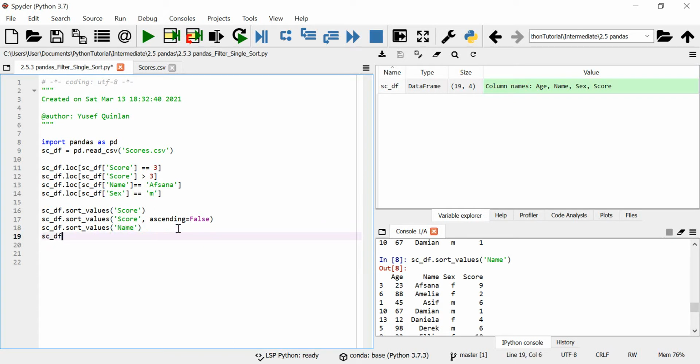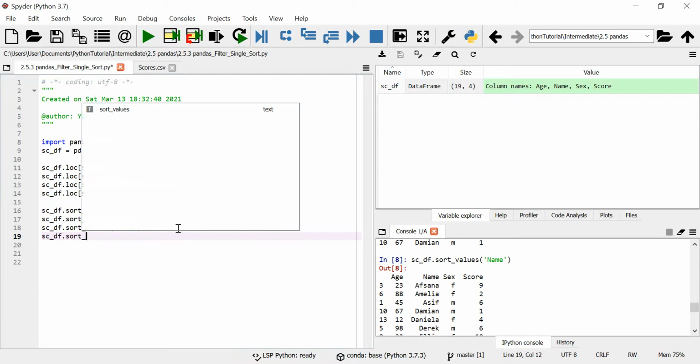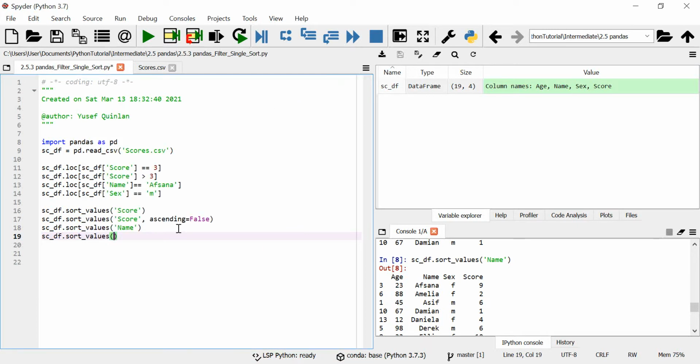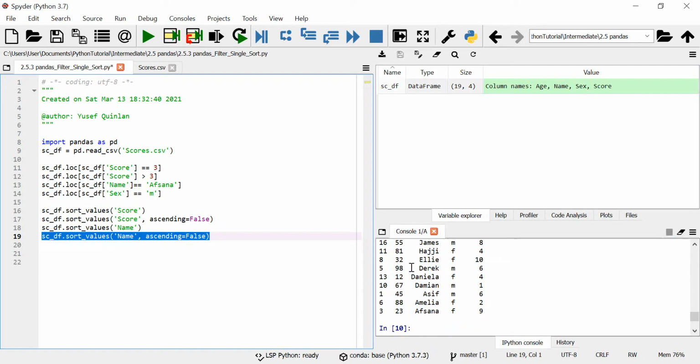And then we're going to sort by descending, and we'll see who comes up. I think it's probably going to be my name, because I haven't seen anything that's higher than Y yet, but we'll see. It's probably going to be Yusuf. And now Yusuf's on top in that order. So you can see Afsana's on top in the regular order, in ascending, and Yusuf's on top in descending order,